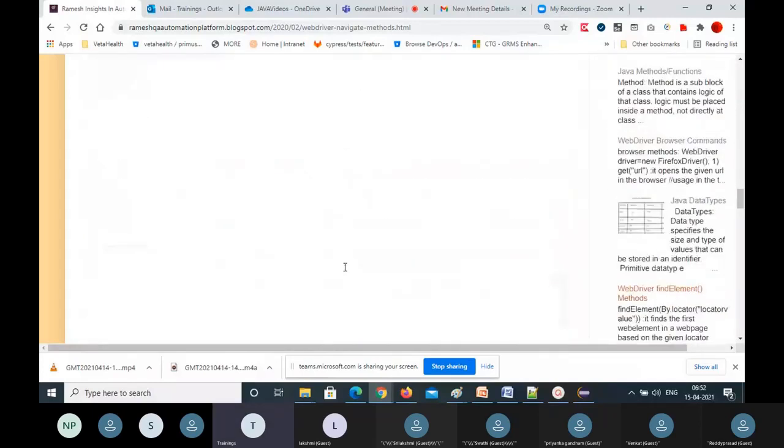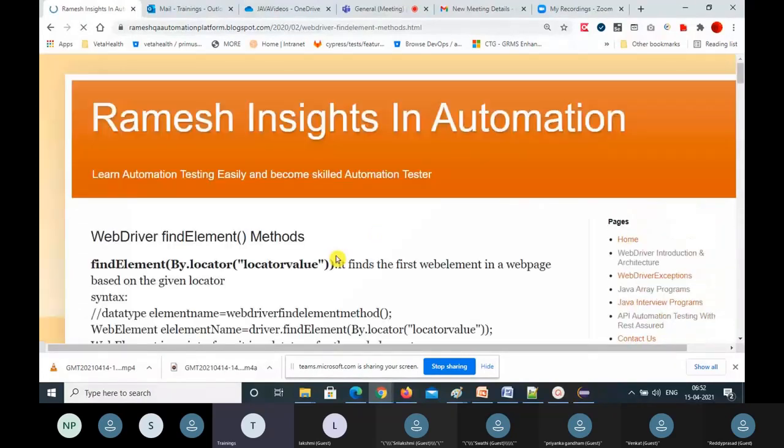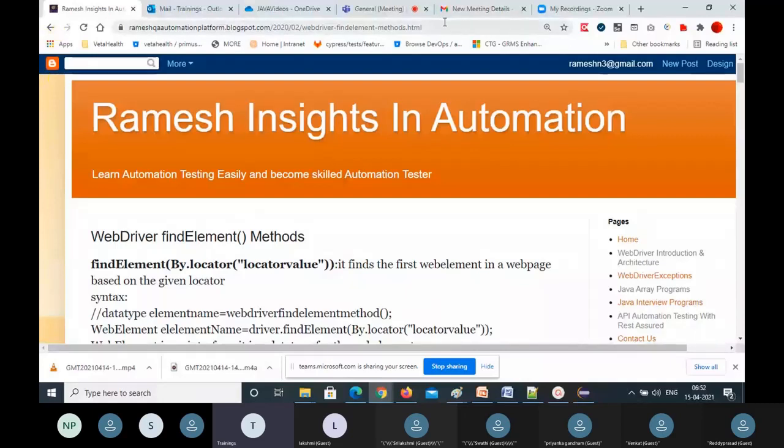Small, all simple methods. Now find element methods. Till now we have been seeing browser-related commands, all browser related: the URL, page title, page source code, the window IDs, and then switching from one window to another window, one frame to another frame, from the main window to an alert window, and navigation methods: browser back button, forward button, refresh button.